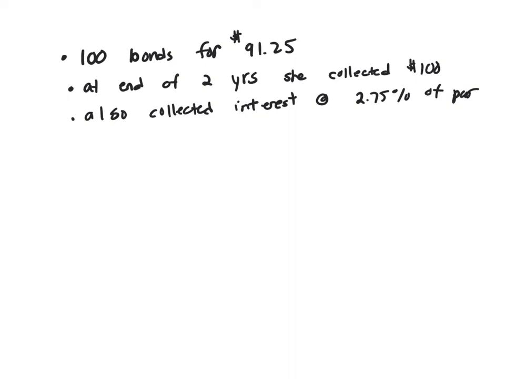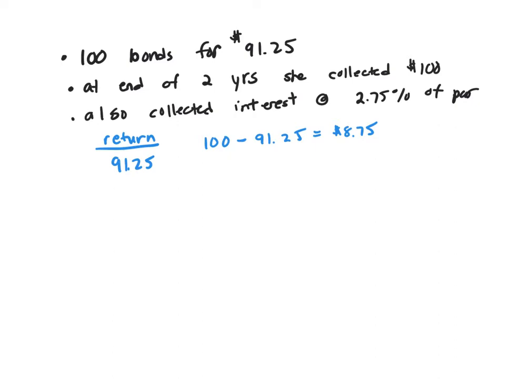We were trying to find Miss Kessler's annual return on her investment to the nearest tenth of a percent. So, return on investment: I need to figure out what her return was over 91.25, because that was her initial investment. She gets a par value of $100 minus 91.25, and that gives you 8.75 interest over